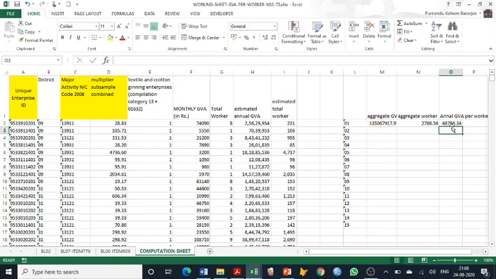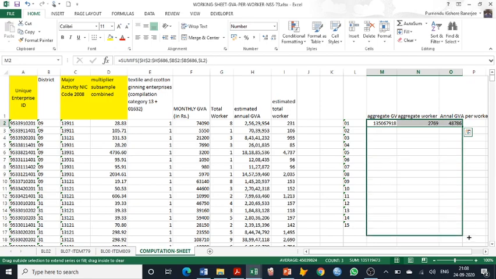Or to be more precise, you can even give a character entry here, not available. So this is a flexibility of Excel. Normally in database files, if you try to put number and character in the same field, it will not allow, but here you can have both types in the same column.